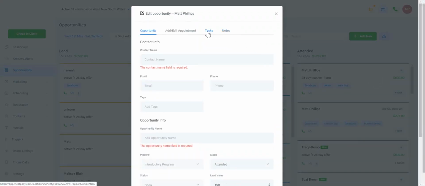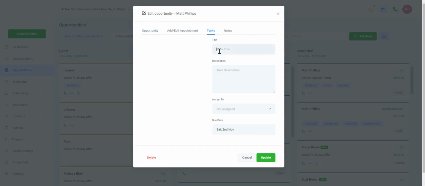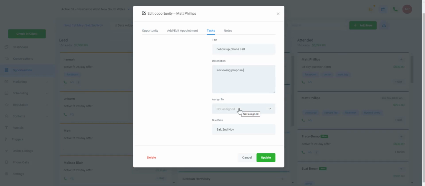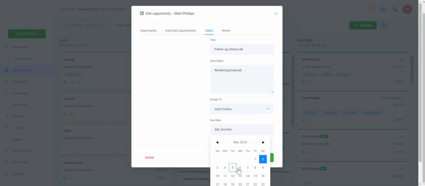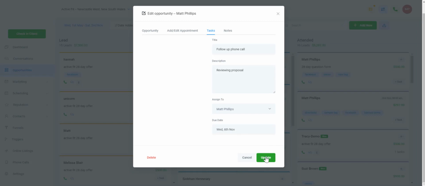within that opportunity, you can set a task. For example, here we could say a follow-up phone call, and you could put in the description, reviewing proposal, and you can assign it to a particular user on your team. And then you can set a due date. In this case, we're going to use the 6th of November, and we'll update that, which will save the